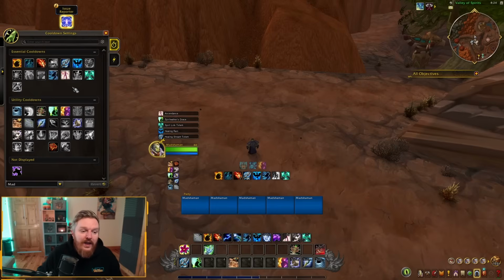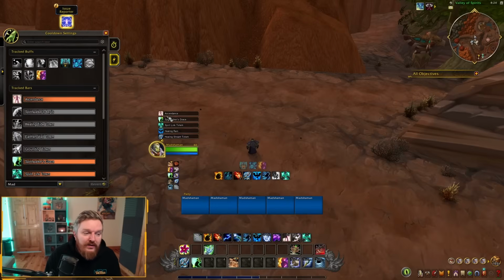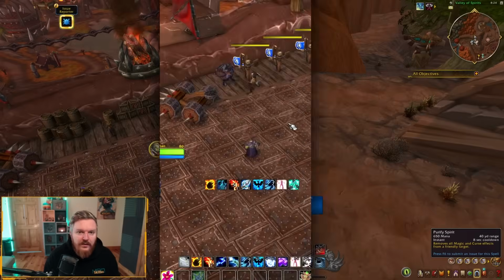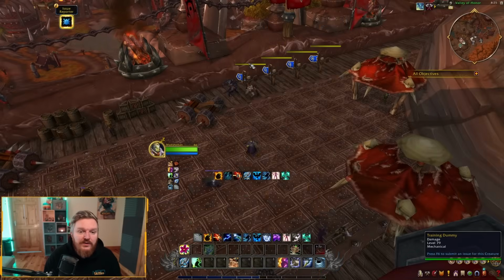I would like a way to have them split up, and the most important thing that you need to have is a debuff bar. You have all these tracked buffs, all these tracked utilities, but there's no way for you to track debuffs that you have on an enemy. So for example, as Resto Shaman, I want to apply Flame Shock on an enemy target.